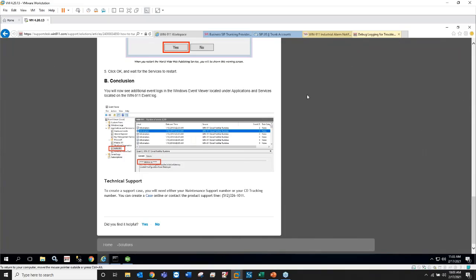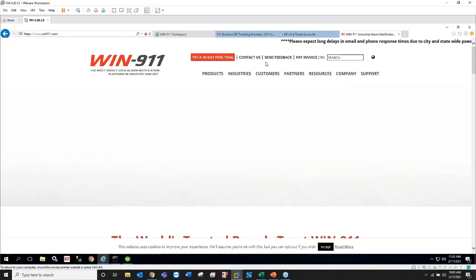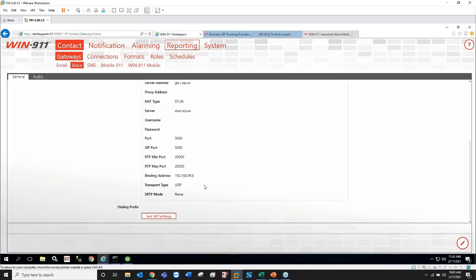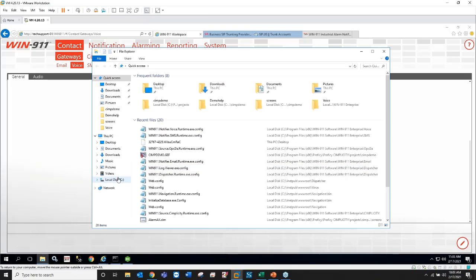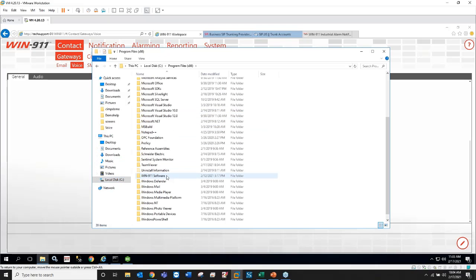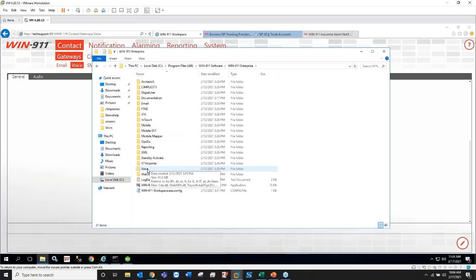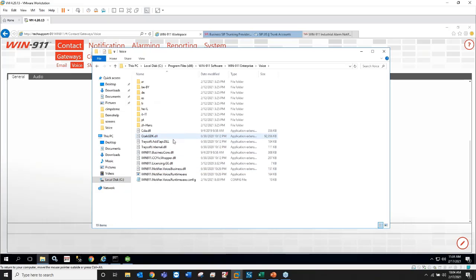So I'll show you what that looks like, because I know it's a wall of words. Sometimes you don't want to read through it. So I'll show you how easy it is. So open up your file explorer on the WIN-911 machine. See Program Files x86, WIN-911 Software, WIN-911 Enterprise. We're troubleshooting voice, so we open the voice folder, and here's that voice